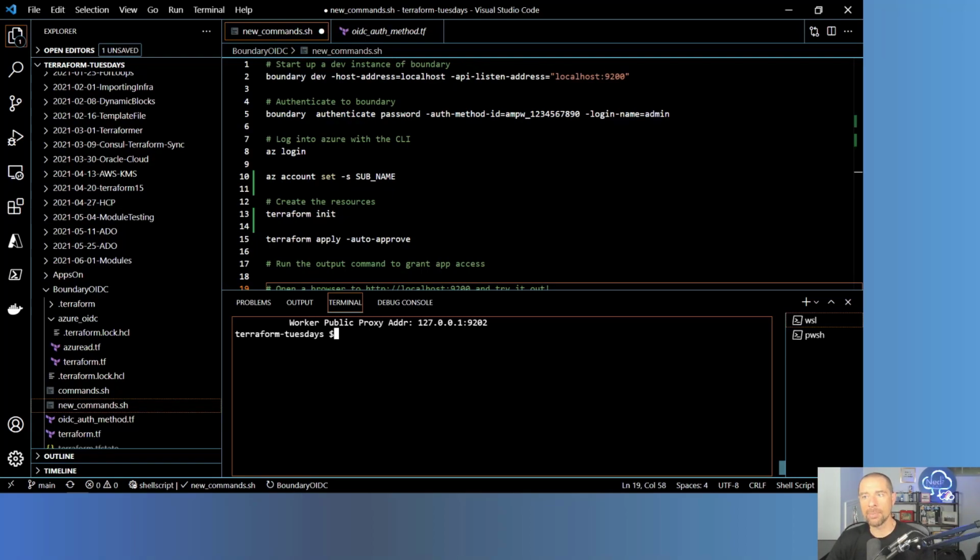All right, now with that in mind, we first need to get an instance of Boundary running. And rather than spin this whole thing up in Azure or somewhere else, we're just going to run a local development instance of Boundary. And the way that we do that is by running Boundary dev. And then